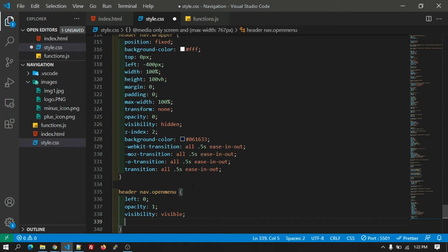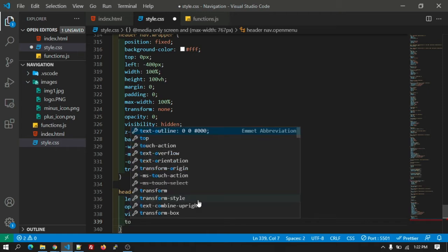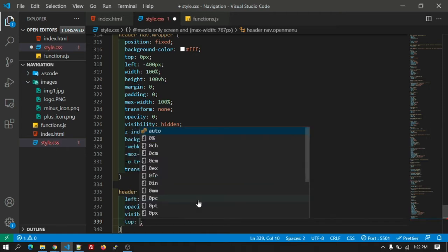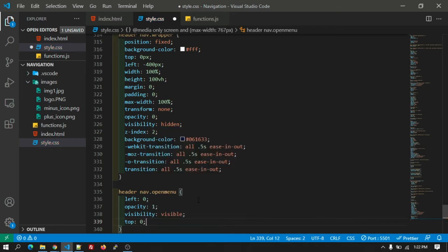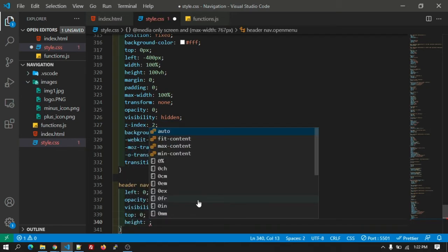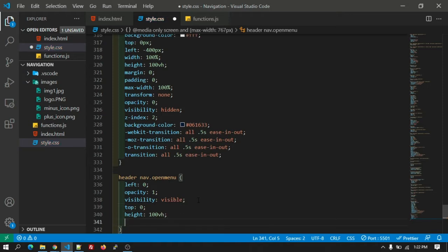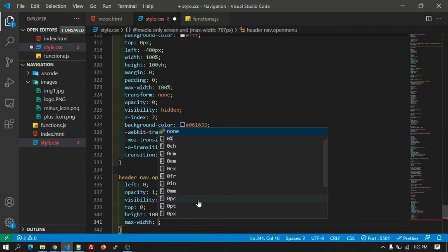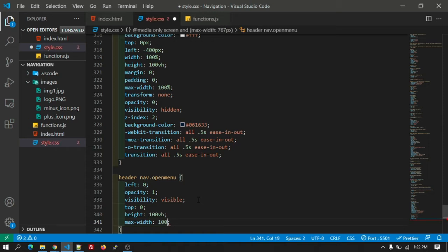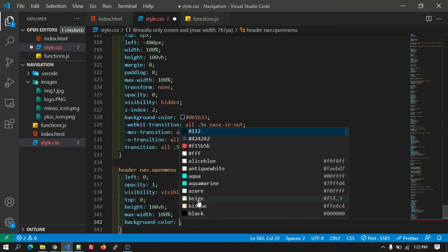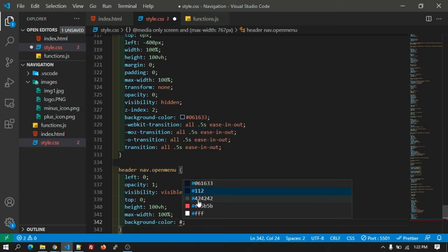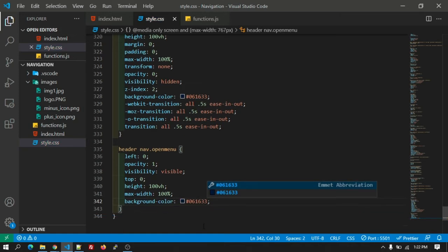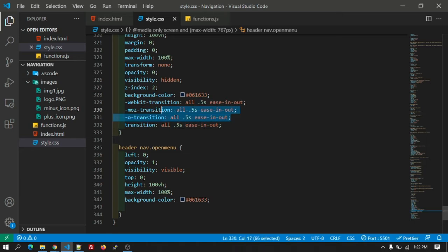So let's, after that, top 0, height will be 100vh, max width 100%, and the background color will be hashtag 061633. Okay, let's copy the animation from here. So same animation, let's copy it.